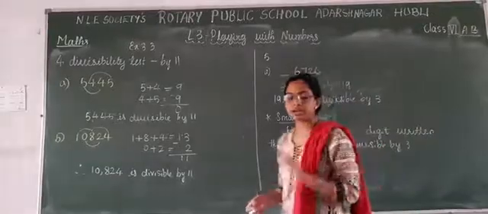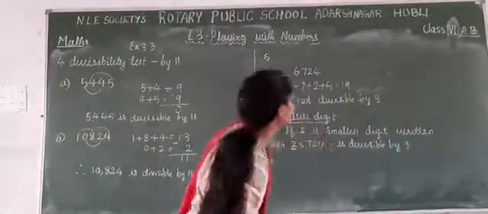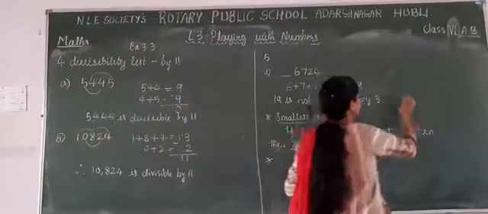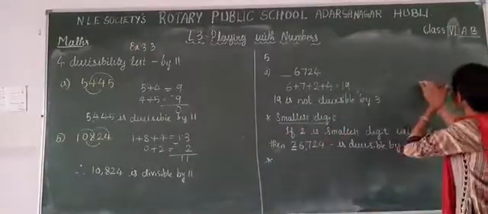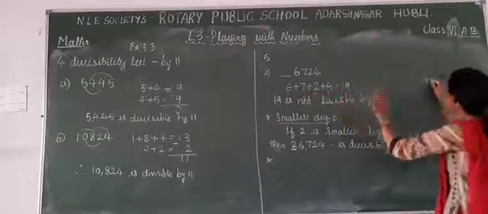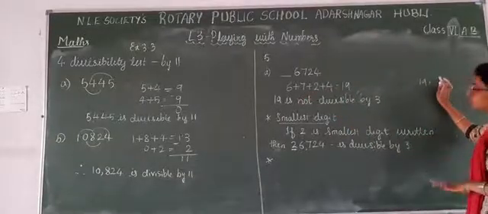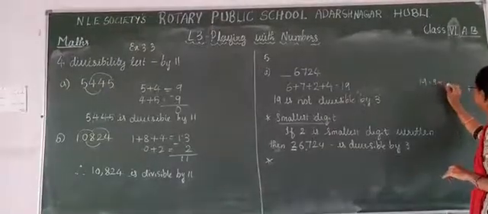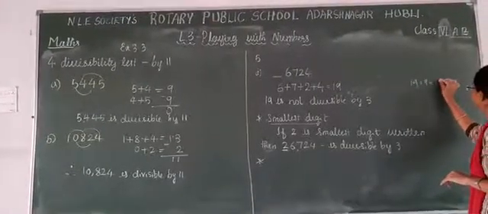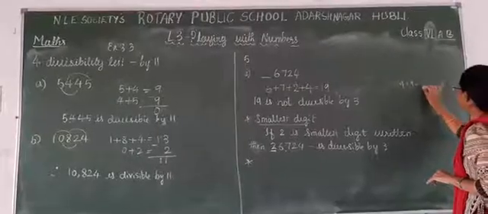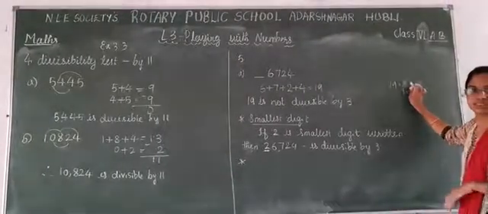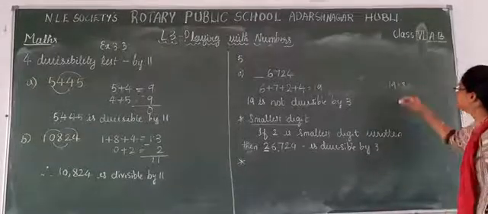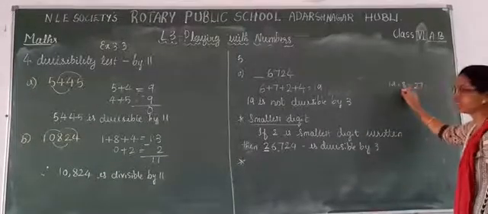Similarly we have to write the greatest digit. How are we going to write the greatest digit? The digit sum is 19. If I add 2, it will not work. 3 is not the smallest. Let's move from the greatest digit. If I add 9, the greatest digit, the sum will be 28. So 28 is not divisible by 3. If I write the greatest digit 8, the sum is 27.